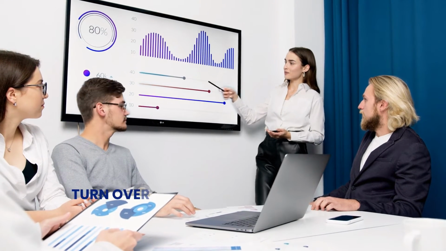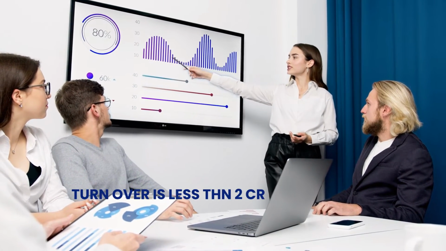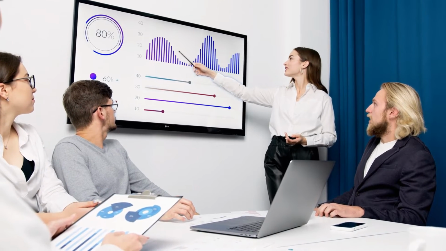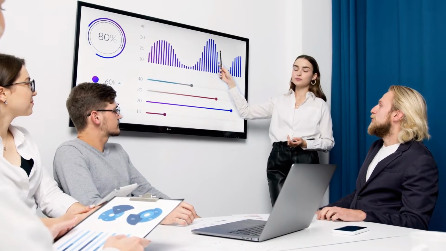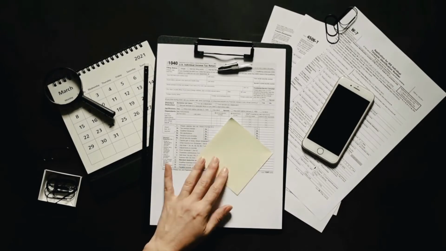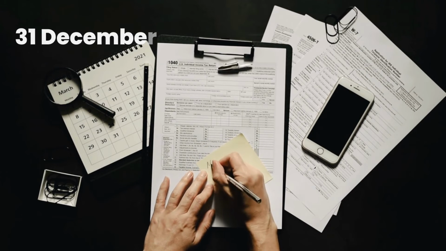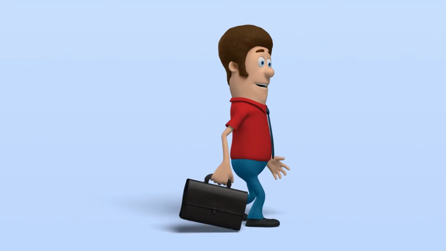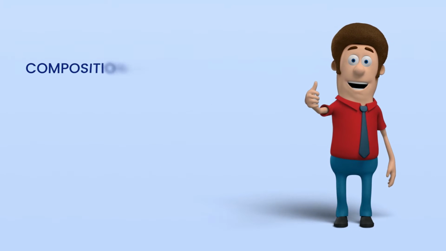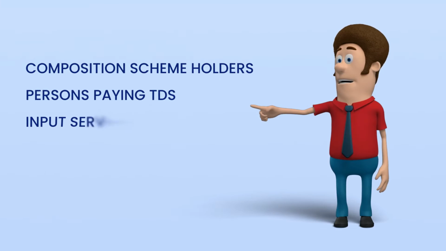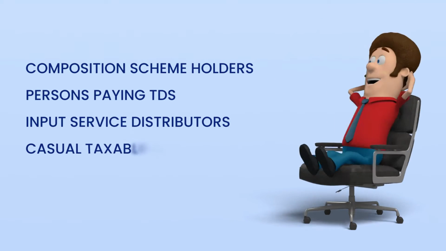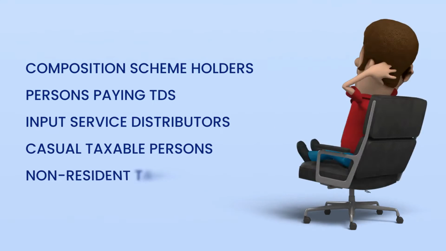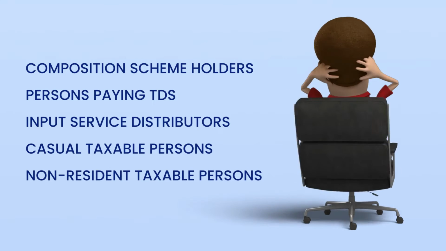If your business turnover is less than 2 crore, it is optional to file GSTR 9 from the financial year 2017 to 2018. The due date to file GSTR 9 is 31st December. Who are not required to file GSTR 9? Composition scheme holders, persons paying TDS, input service distributors, casual taxable persons, non-resident taxable persons are not required to file